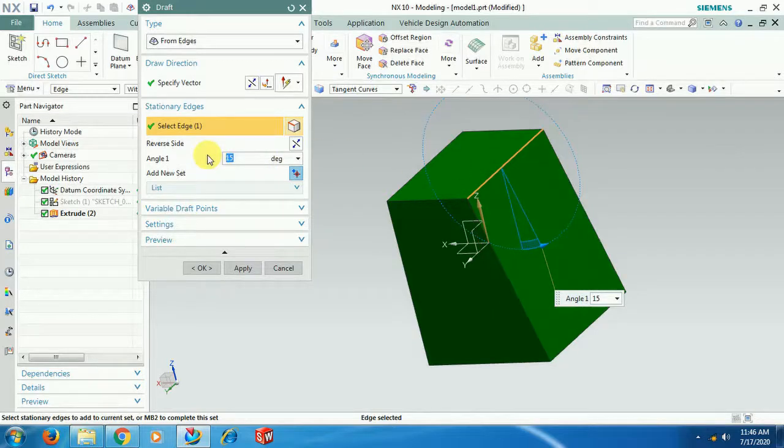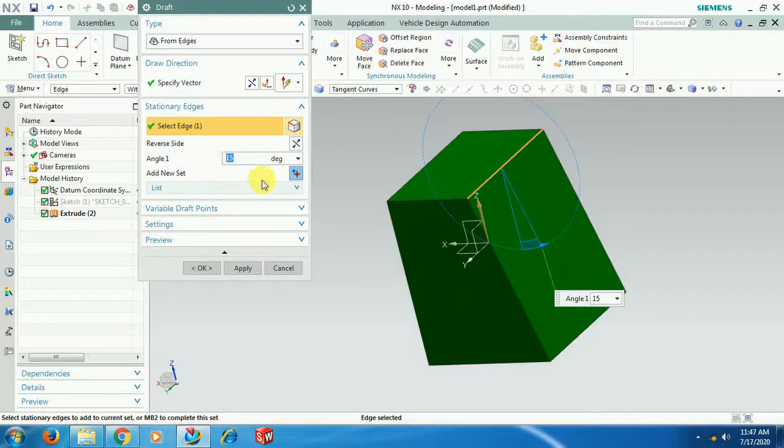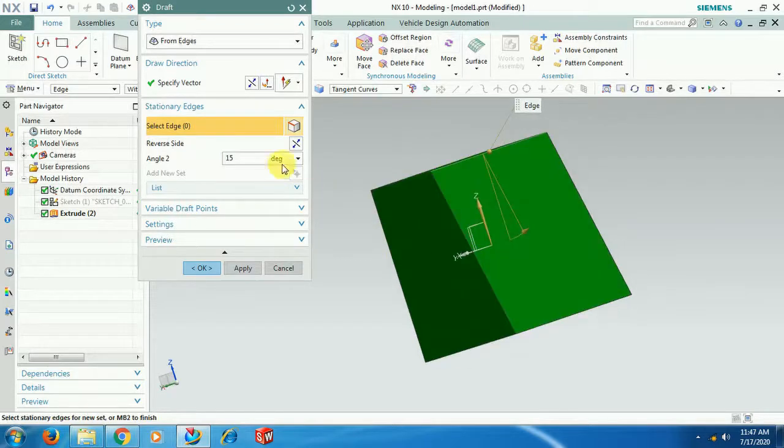If you give a negative value, -15, it goes inside like this. It also has the add new set option, as we saw in the previous case; to set individually you select the edge, not the face.